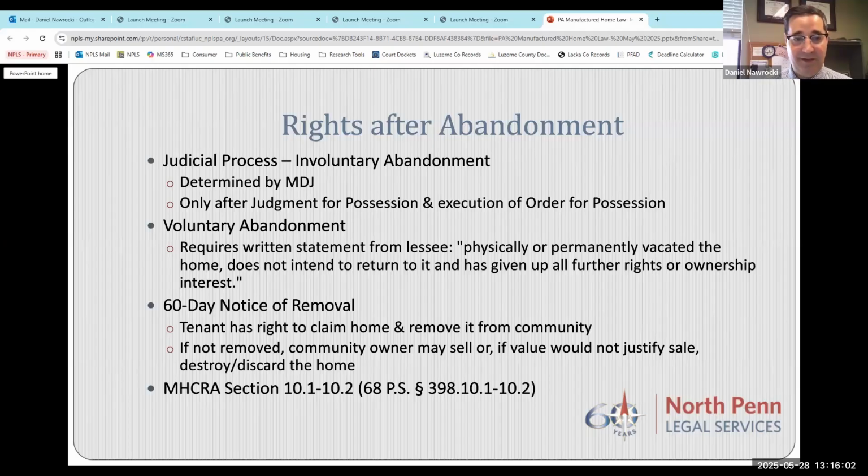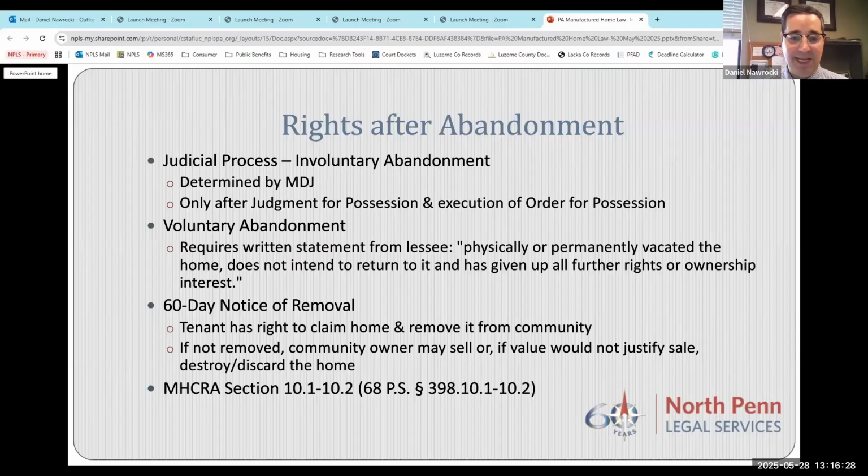And the other way is an involuntary abandonment. That's determined by an MDJ, who actually issues an order of abandonment. And that's only after a judgment for possession and execution of the order for possession. So there has to be an eviction, a judgment for possession, they have to execute on the order for possession, and now that the home is abandoned,